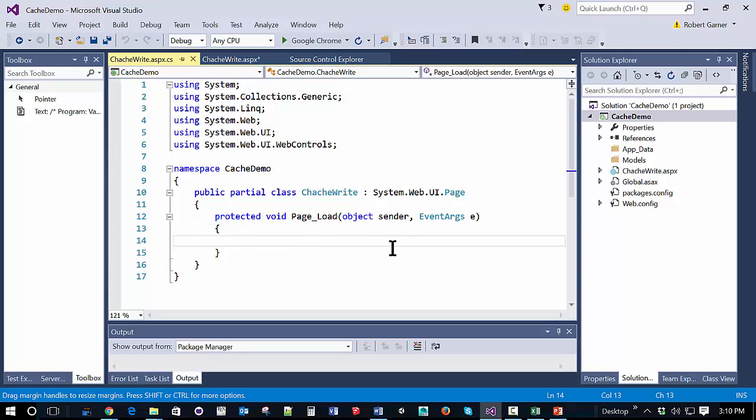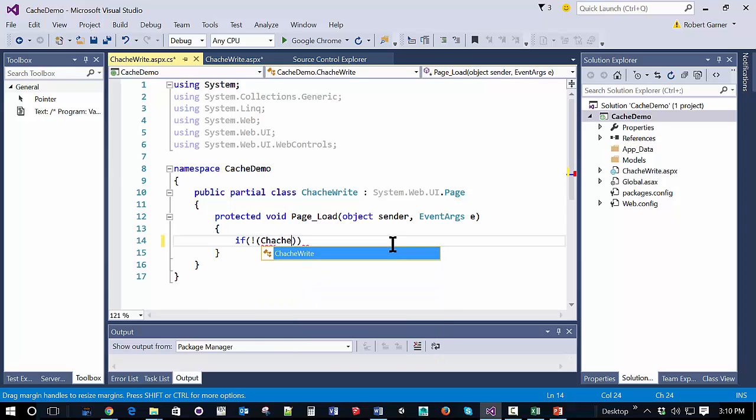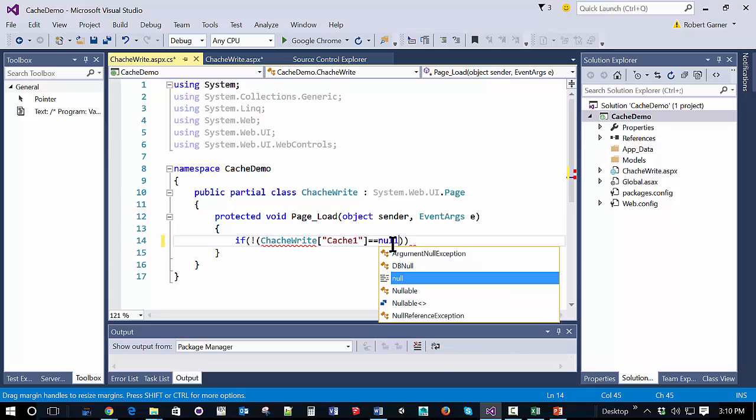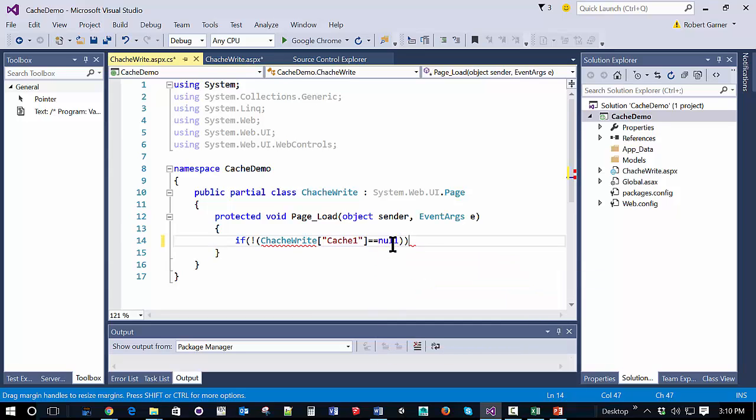And in my page load, we're going to see if we have